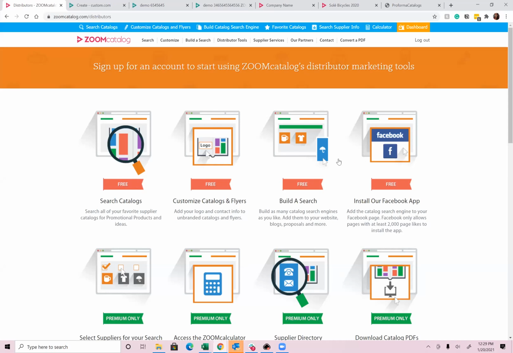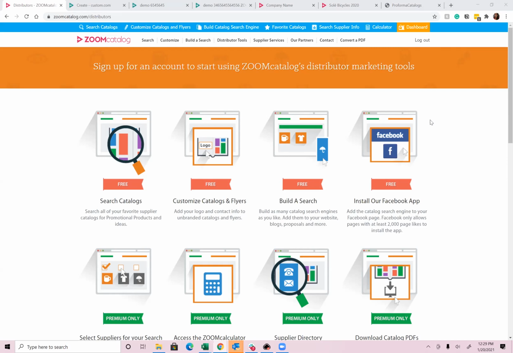But before I jump into that tool too much, just because it is fairly new and we're still rolling it out, I want to take questions for everything I've shown you so far. So if you do want to see a sneak peek of Zoom Studio, stick around while we get through some of these questions really quickly. All right, so